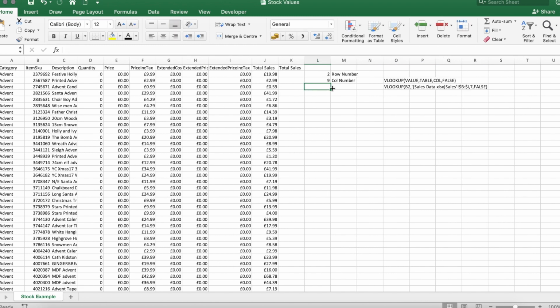Press enter on that. Now I know 2 pieces of information. I know that the value of total sales is in row 2, column 9. So then all I need to do is create the index that takes those 2 numbers into account, right? So if I go equals index, open up a bracket, first of all, you start with the entire array that